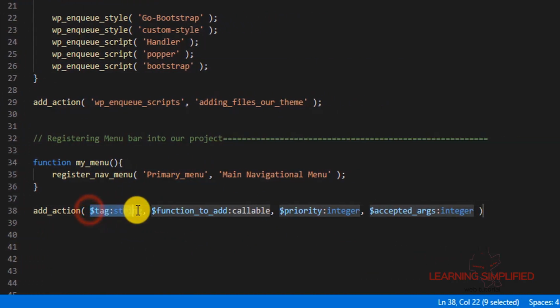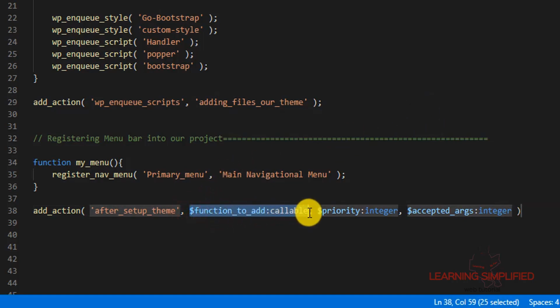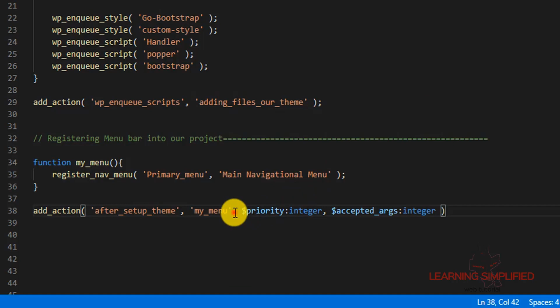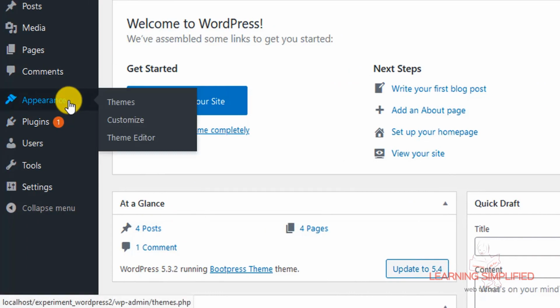So it should be after setting up the theme, and this is the hook that we are about to create in this purpose. So we are preparing it as after setup theme. In the next case we need to make usage of this callable function, and here we need to put the exact same function name that we have created right over here. So this is what we are going to do. Let's put it here, close it, put the semicolon at the end, get back to your project,